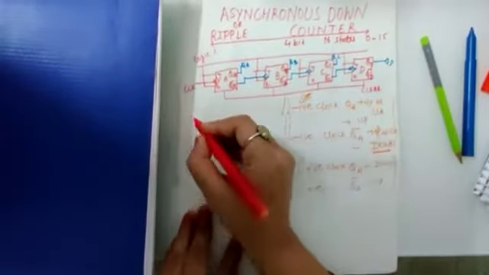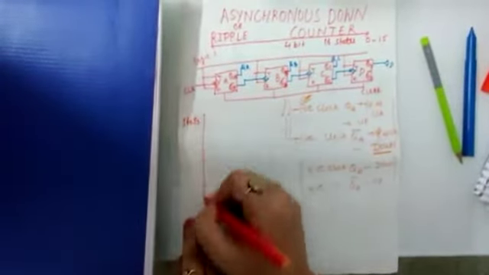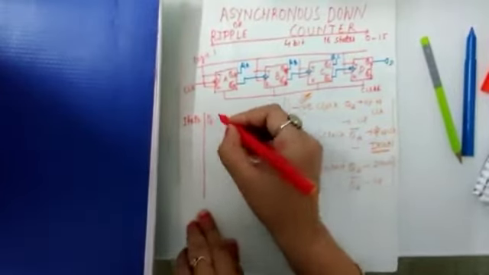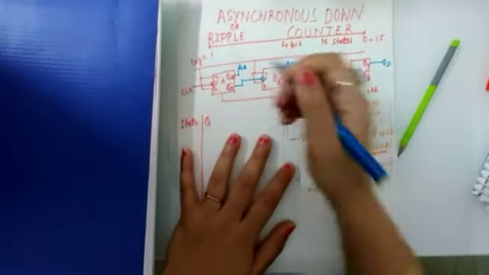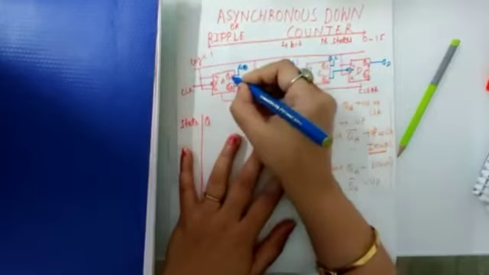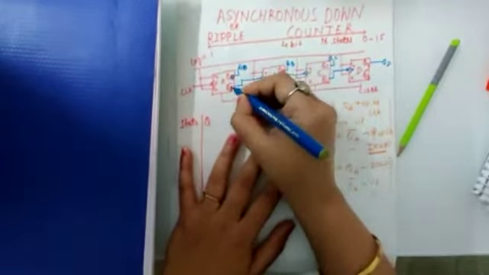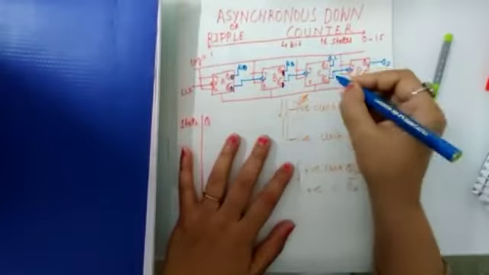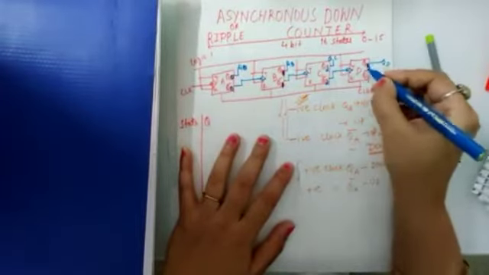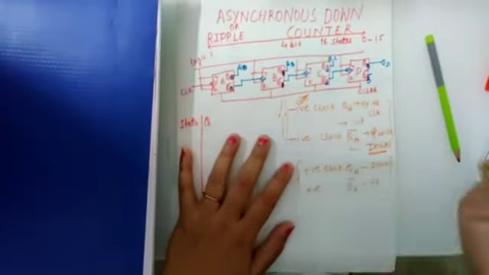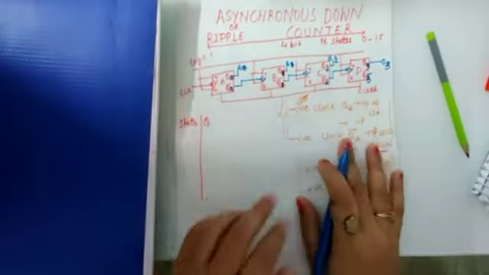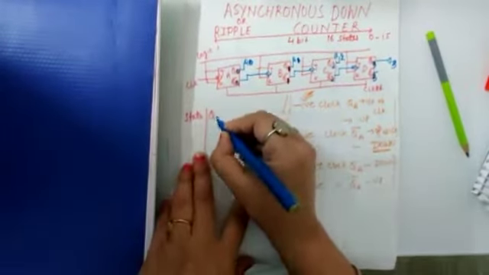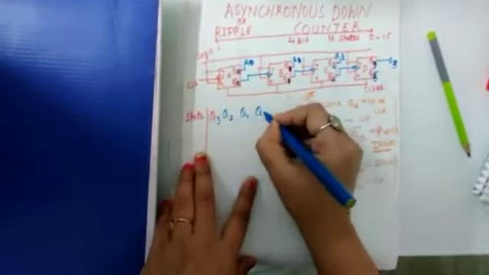What we can see, again we can draw the table. First state output as QA, or you can say earlier we have taken Q0, Q1, Q2, Q3. Now take the same case: Q0, Q0 bar, Q1, Q1 bar, Q2, Q2 bar, Q3, Q3 bar. Earlier we have taken like this, so in that case we also took Q1, Q2 and Q3. Okay, so Q3 Q2 Q1 Q0. This will be the truth table.